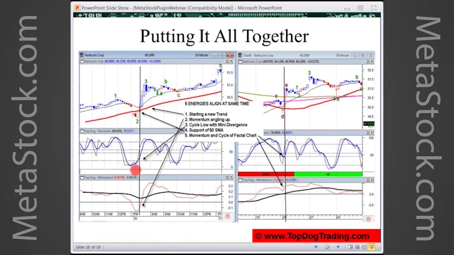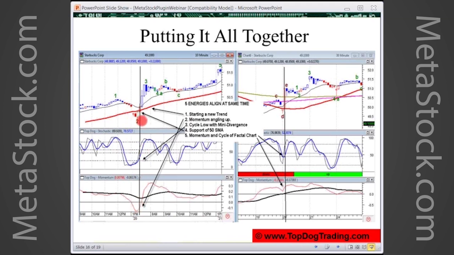So when we see a pattern like this, I've got a catalog of 6 of them actually, that shows that you got a very high probability cycle low. Now, here's a situation where we actually get momentum below 0. Okay, that's not ideal normally, but what we do have is the gap fill, and momentum is angling up when we take the trade. It is angling back up.